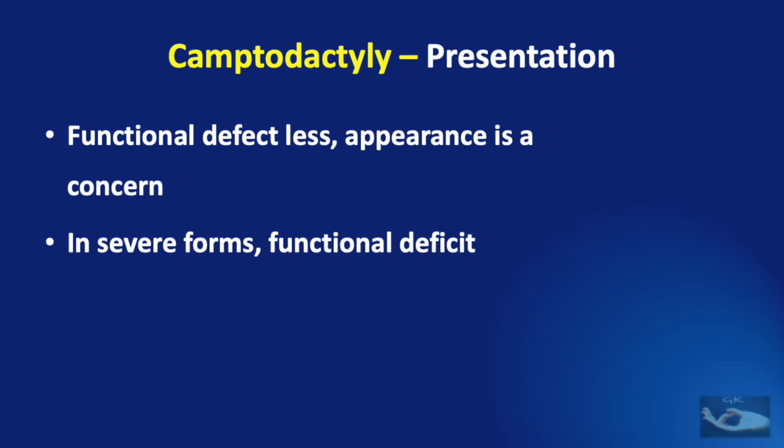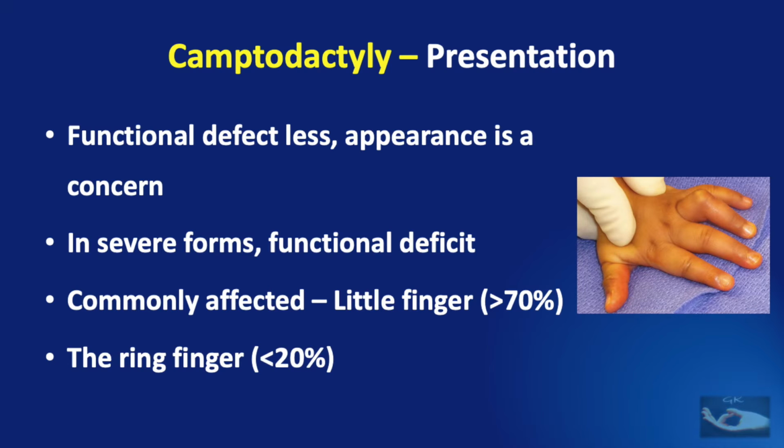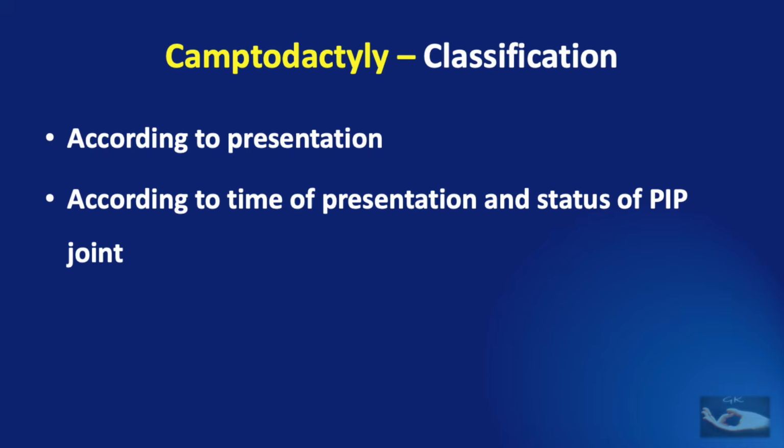In severe forms, however, functional deficit can be substantial, especially when more fingers are affected. The little finger is the most commonly affected in congenital camptodactyly, involving more than 70%, followed by involvement of the ring finger. The other fingers are involved in less than 10% of patients with camptodactyly. Camptodactyly can be classified according to the clinical presentation or according to the time of presentation and status of the